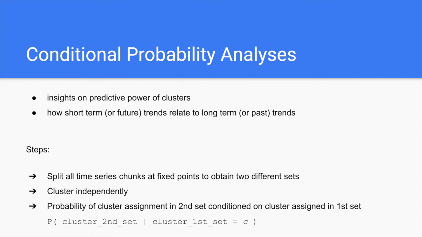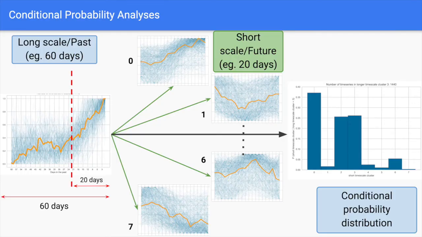Then we cluster these two sets of time series independently, and we look at the probability distributions of the assigned future clusters to the time series in any of a given past time series cluster. What I said can be better depicted by this figure here. On the left, you have one of those long time series clusters which shows an increasing trend. The short time series that belong to this cluster could go into one of the 7 different clusters with different